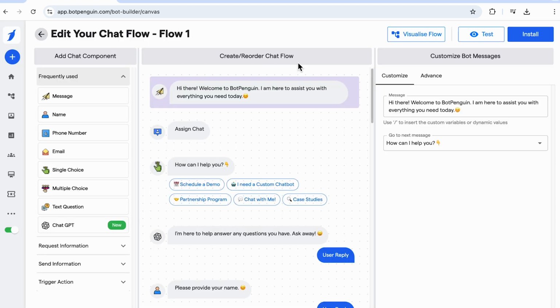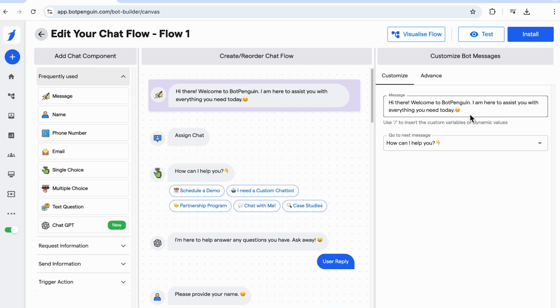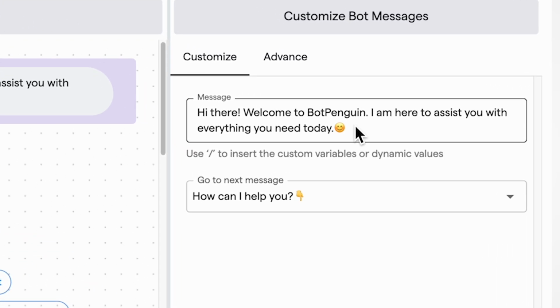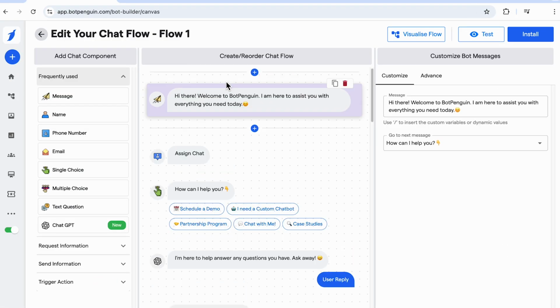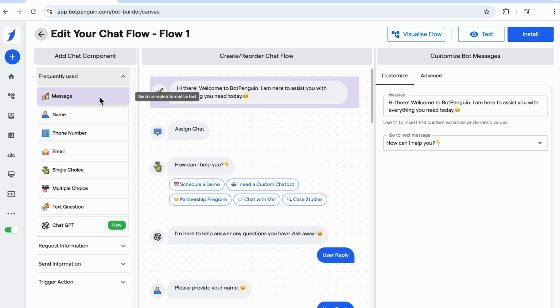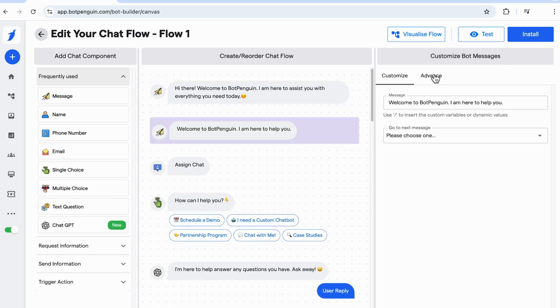So this is the edit your chat flow canvas where you can add the chat components, you can delete the chat components, or you can edit the message of that chat component from here. So to add emojis to any chat component, you simply have to tap on the chat component that you want to add. On the right hand side within the message editor, you have to place your cursor wherever you want